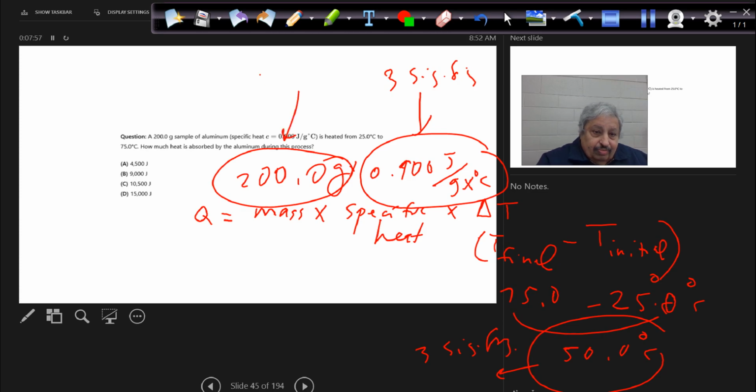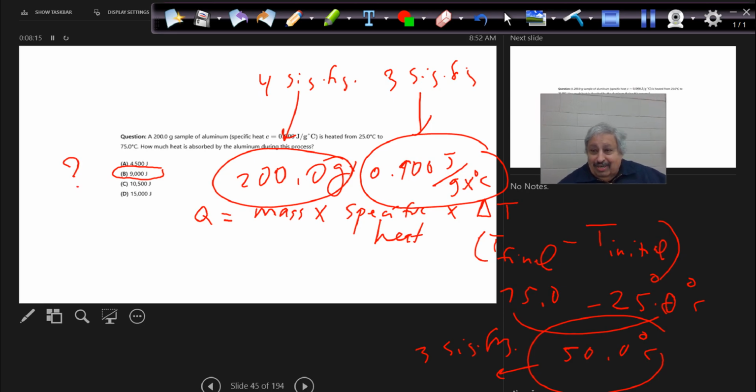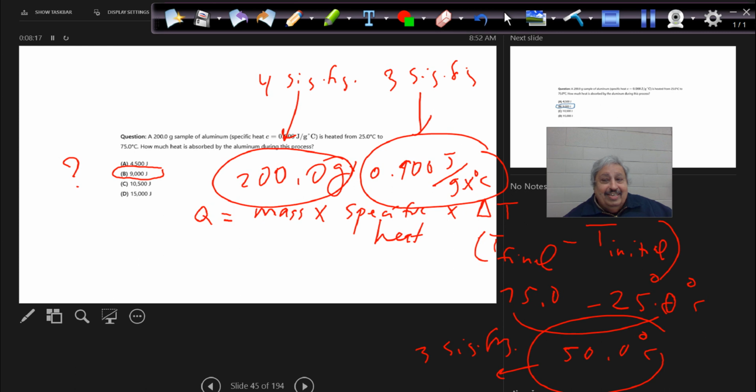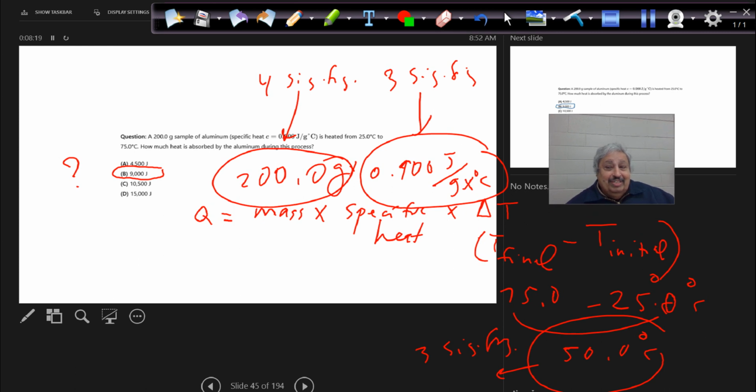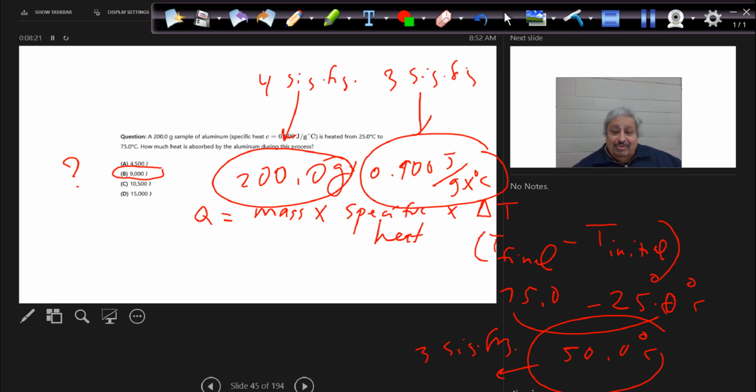This is 4. The winner is 3. So, which one? A, B, C, D. B. I'm circling with the big question. Let's take my picture out of the way. The answer is B. See here that circle there? And we'll see the answer there. Can I take this one out?